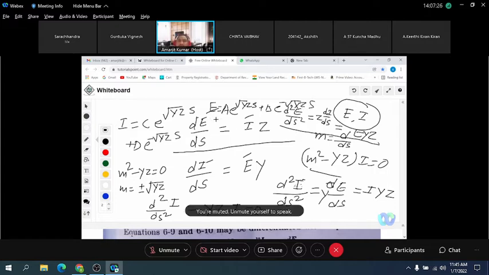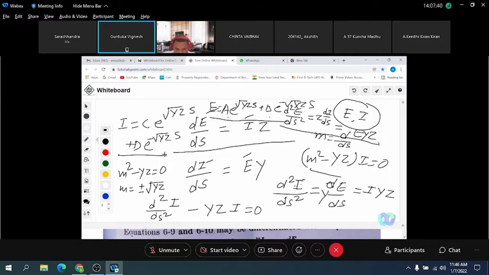So these are the general solutions, but we have to calculate the arbitrary constants A, B, C, and D. How to calculate? What is your suggestion? Substitute peak value, sir. And how to calculate? Boundary condition. Yes, sir. Boundary condition. Okay, good. What are the boundary conditions? We need 4 equations to calculate these 4 arbitrary constants. You are saying using boundary conditions we can do. What are those boundary conditions?